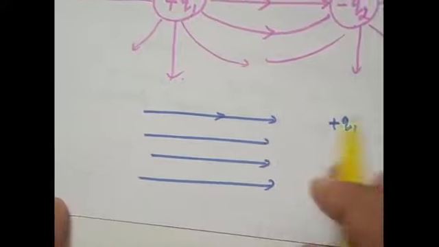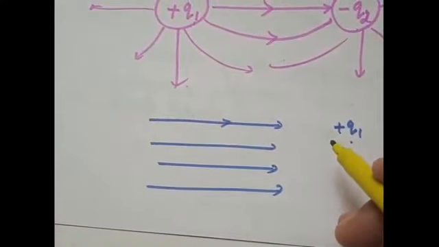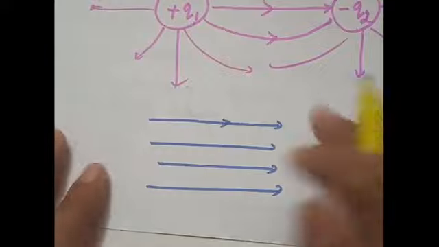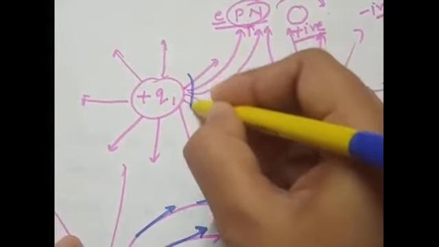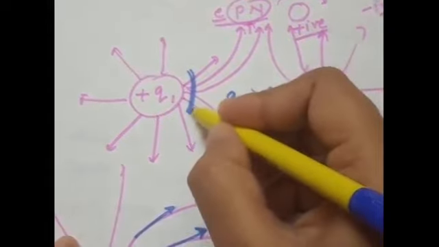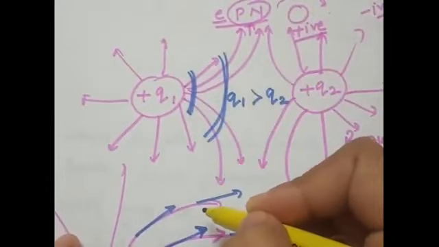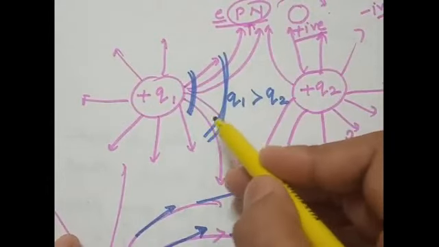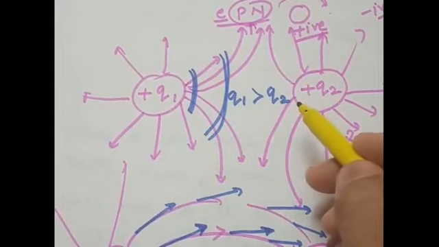In case of point charges, we have an almost non-uniform electric field, and the electric field is higher where the number of electric field lines is more. Suppose just at the point of interaction we have more electric field lines, so here the electric field will be very high as compared to this region. So the number of electric field lines is directly proportional to the strength of the electric field.